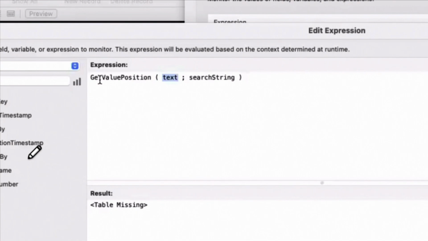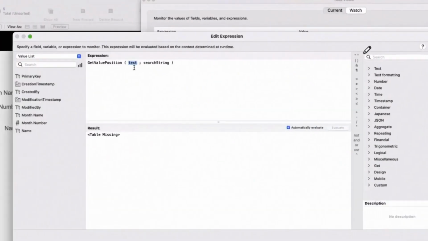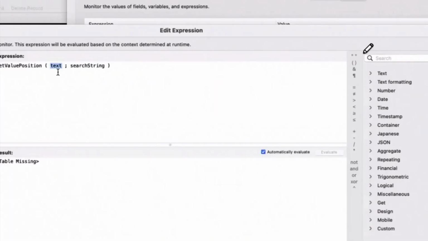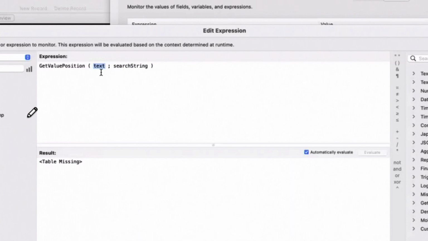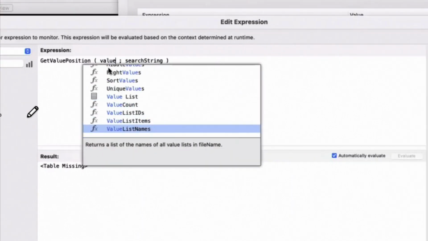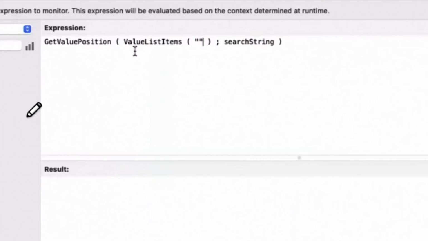So I want to get, in my get value position, the text: the value list items of this current file, and I want the month name. And I'm searching for March. Why doesn't this look like a nightmare?